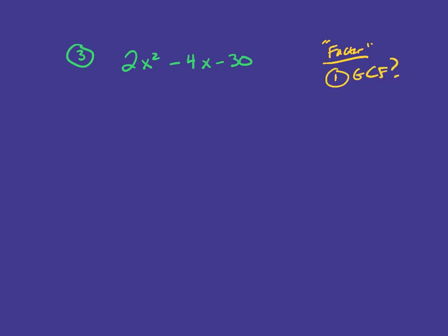So we want to check to see if there's a greatest common factor here. Hopefully you notice that we can take 2 out of everything. So this one we'll take 2 out of, and then before we do anything else, we're going to rewrite these with the 2 removed. So basically, we're dividing each term by 2. So 2 out of the first term gives us x squared. If you take negative 4 and you divide it by 2, you get negative 2. And we did not take the x out. Negative 30 divided by 2